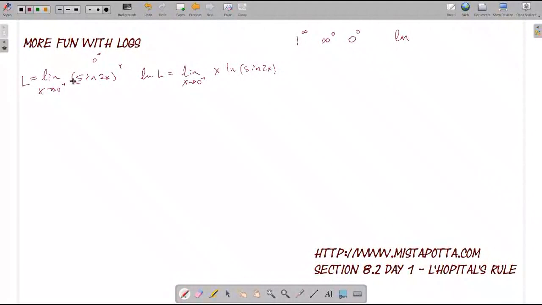Basically, I'm taking the natural log, and then this x will pop in front. And this is a 0 times really negative infinity. But this is a 0 times infinity